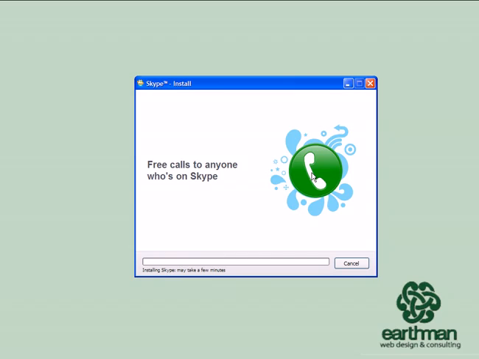So we're just going to allow that to happen, and I'm just going to pause the tutorial while that happens, and we'll resume once it's finished installing. Okay, once it's finished installing, then that window is going to disappear, and what's going to happen is then it's going to run the Skype program for the first time, and we're going to get a chance to set up